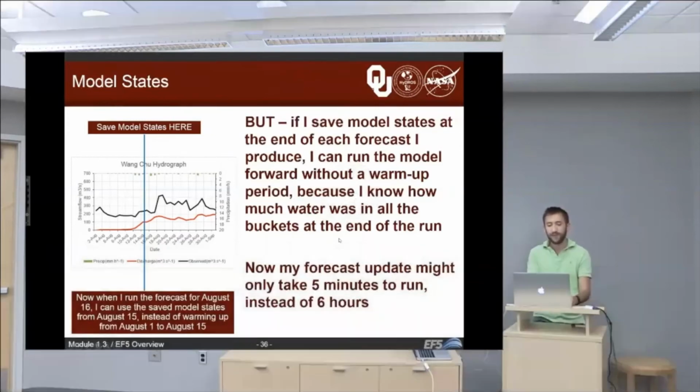So, just an example we give in the PowerPoint, you could potentially go from taking 6 hours or even days to run down to getting forecast updates every 5 minutes or every 10 minutes or even every 3 hours as new satellite pieces come in. It's a much more efficient way of doing things because now you're not running the model